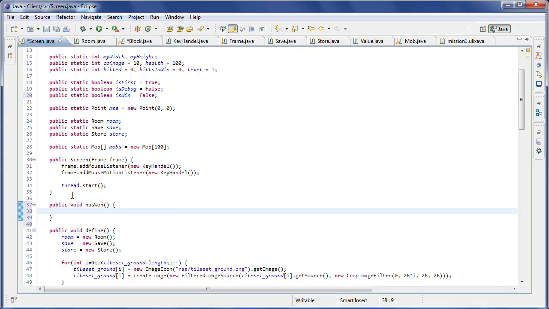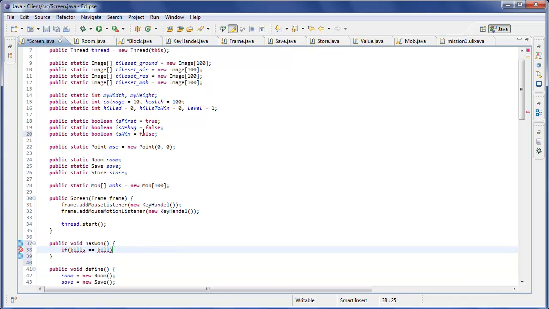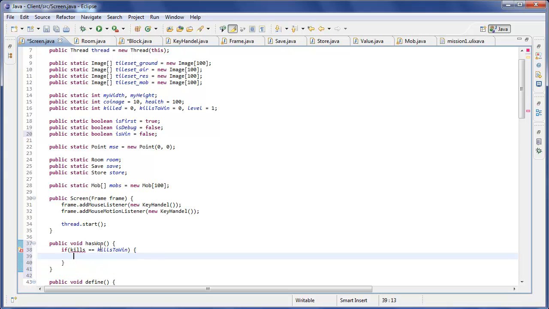So if kills is equal to killsToWin, actually killed, then isWin is equal to true,